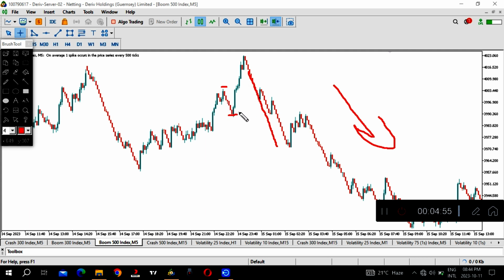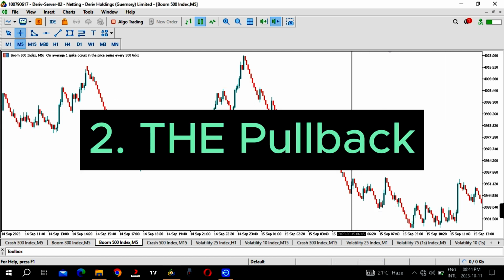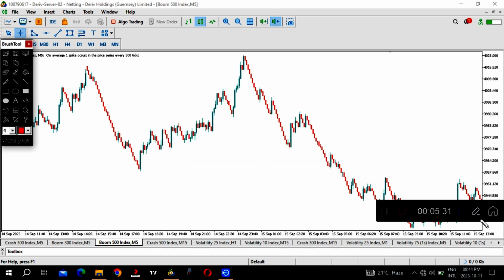higher low that was created, right? So if you break that, it means you are back to the downtrend, right? So after going back to the downtrend, what do you have to look for, right? So the pullback. So my favorite pullback is a pullback that is in a sort of consolidating manner,